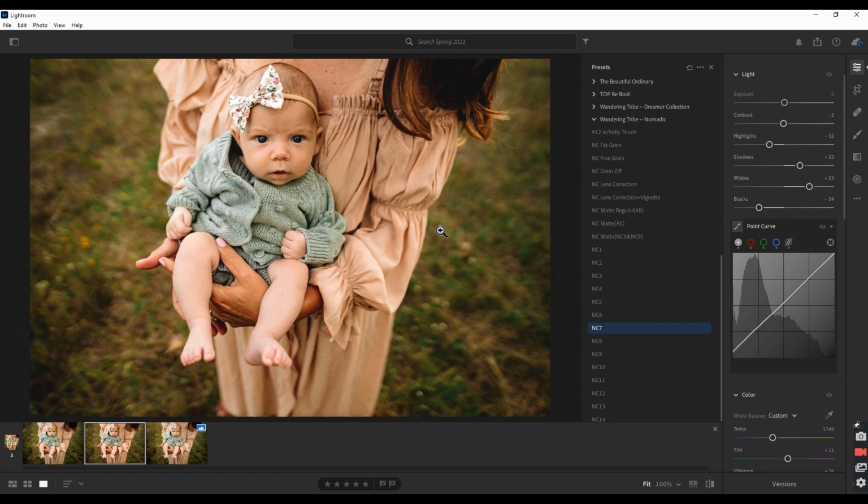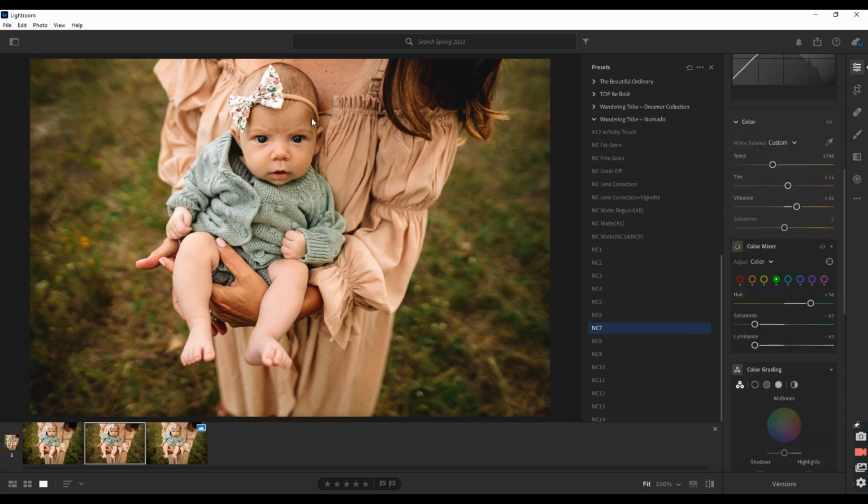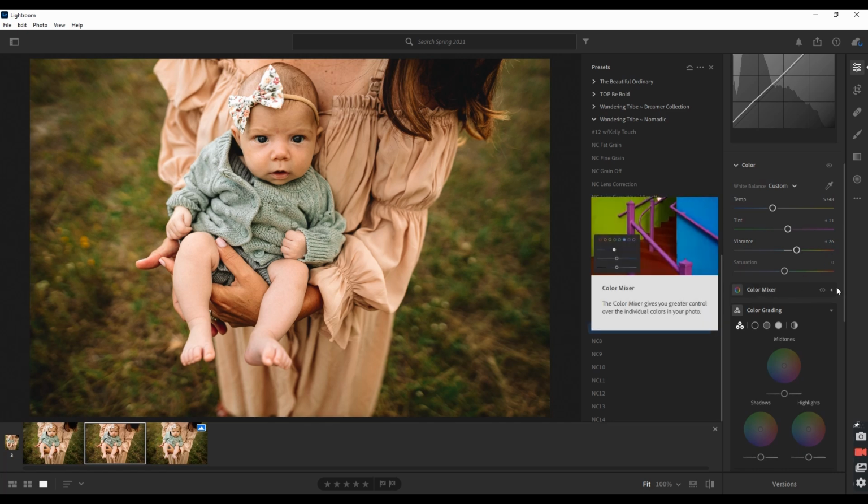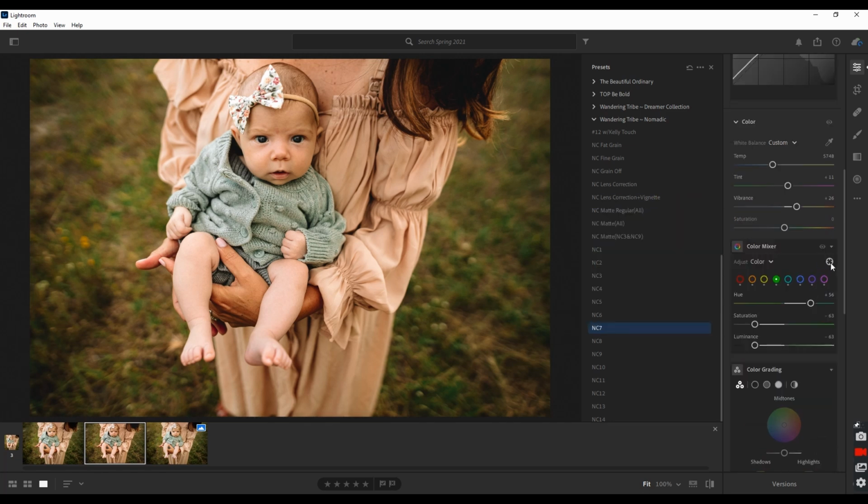I'm going to show you my skin tone trick. So down here, anytime you get color casts or uneven skin tone, or if you're using a preset that messes with skin tone shades, this is a super easy fix. You're going to come to your color mixer, and if you don't play in it a lot, it's going to look just like a tiny little ball or bar. You're going to push the arrow, and there's this target here. It says target adjustment. So what you're going to do is you're going to click on that and you're going to drag it